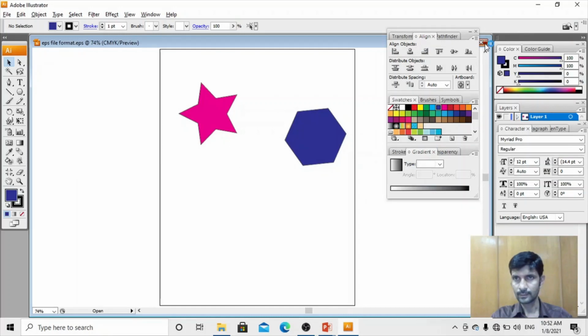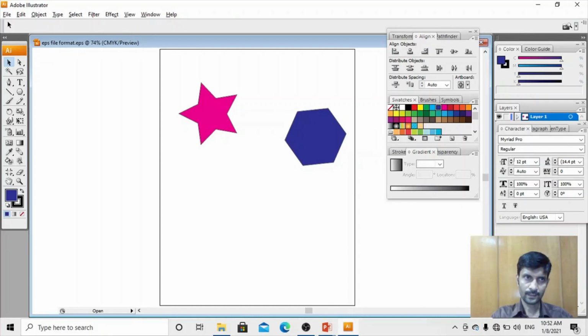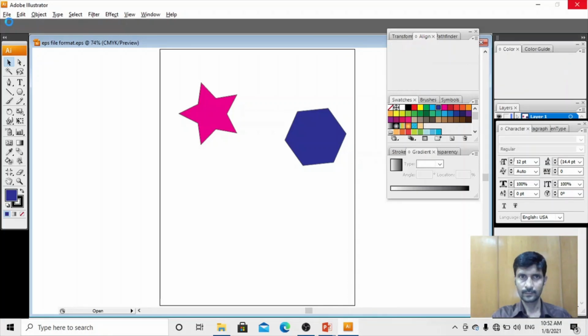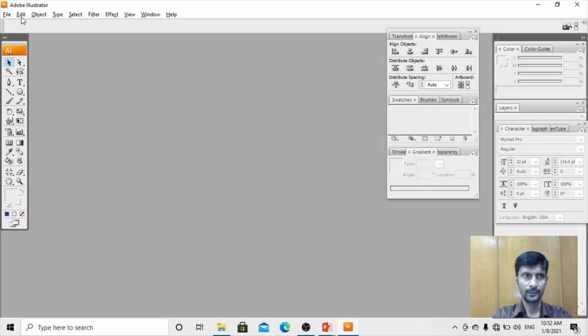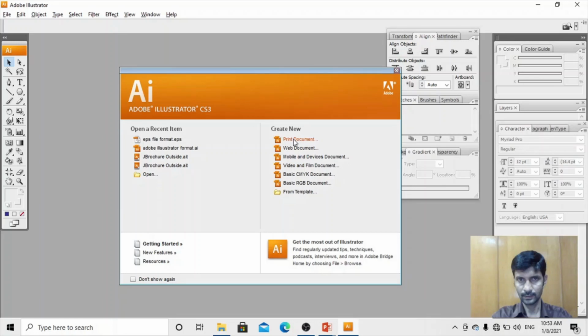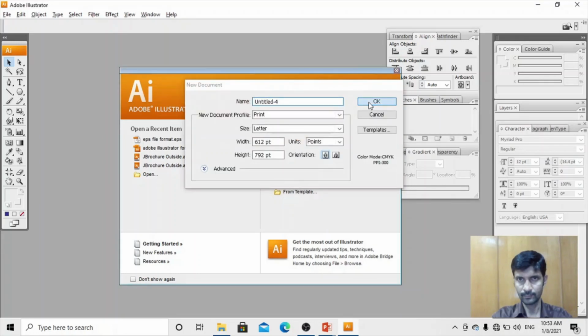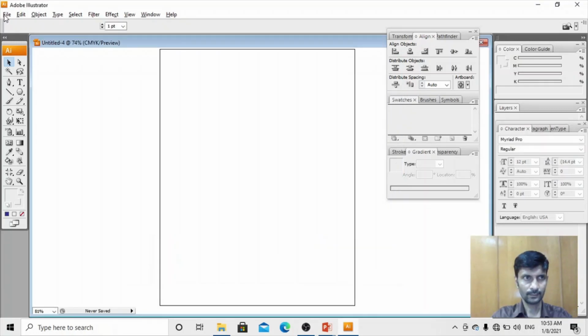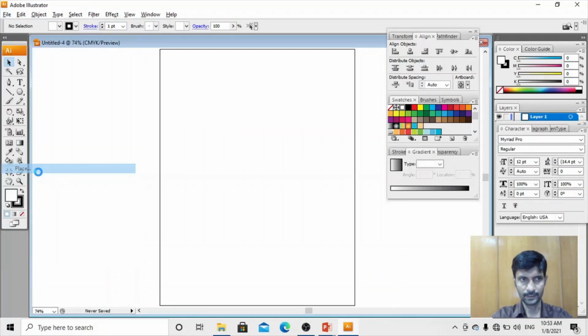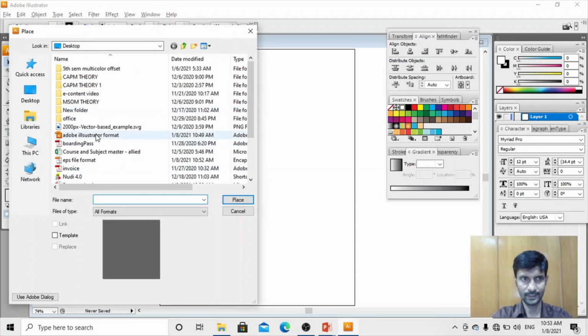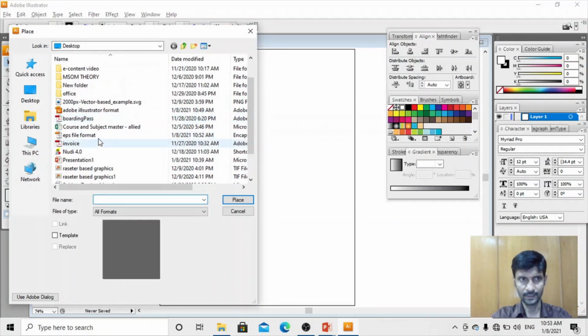Okay. Now I will close this file, and open a new file. Then I click on the File menu and the Place command. I will use it to import the EPS file format.